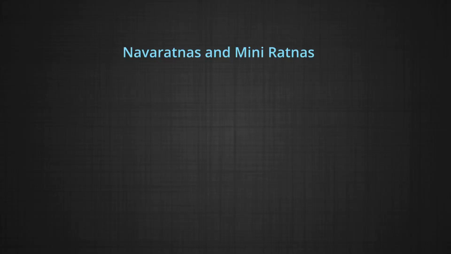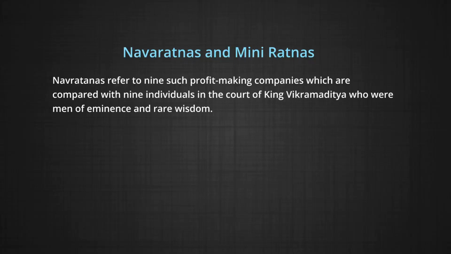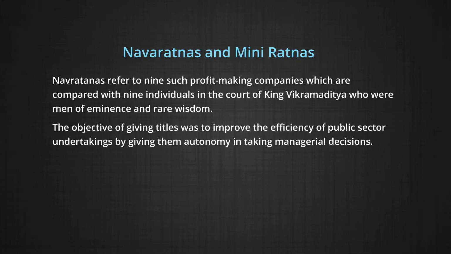In the context of PSUs, that is public sector units, in India, Navaratnas refer to 9 such profit making companies which are compared with 9 individuals in the court of King Vikramaditya, who were men of eminence and rare wisdom. The objective of giving titles was to improve the efficiency of public sector undertakings by giving them autonomy in taking